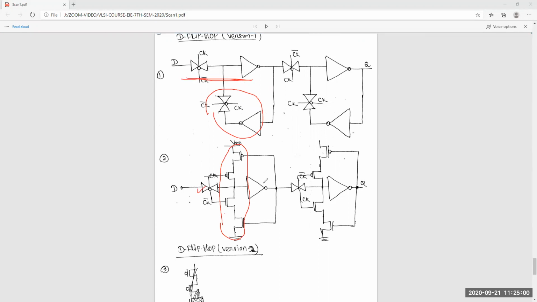This and this are the same, and it depends upon this clock whether this will pass or block, and that is also connected to this. Both are the same type, and here also the same type. So this is another version, and in most cases it is also used.